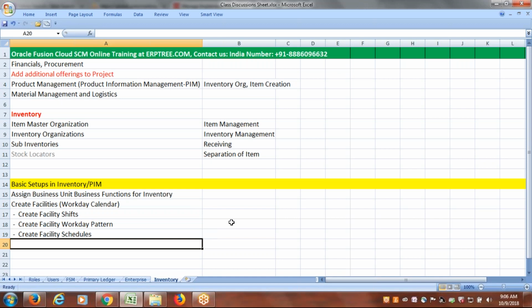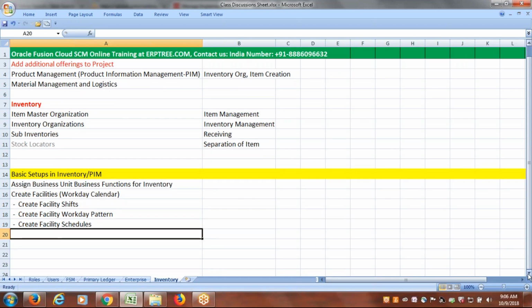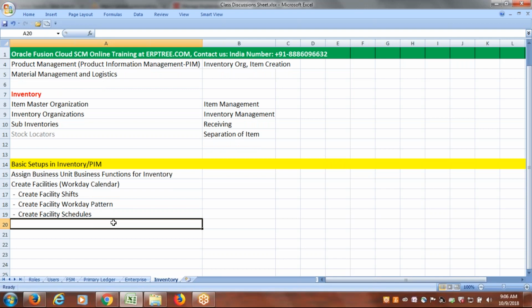So before we go and create the inventory organization, first we'll go and create the item master. We know item master organization is a virtual one, right? For item creation purpose only. That's not a physical one. You don't need to associate the location. So we'll go and create item master inventory first. Item master organization, create